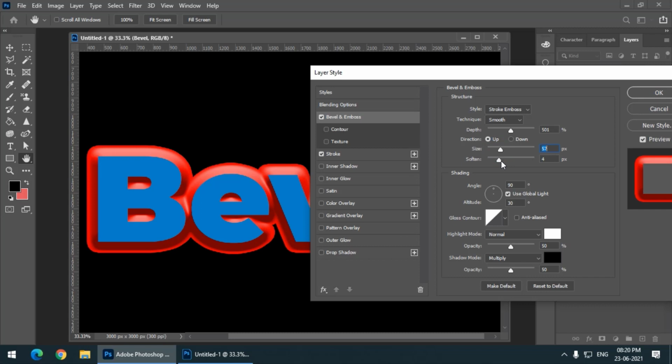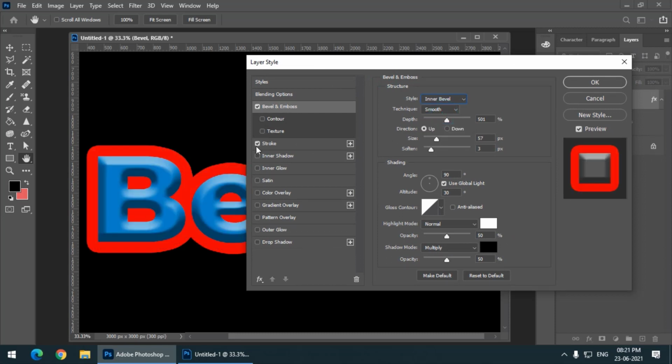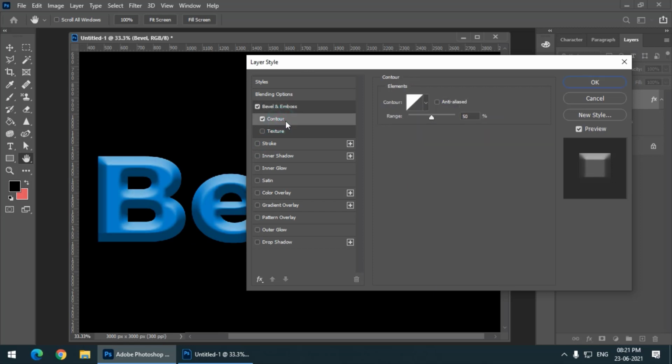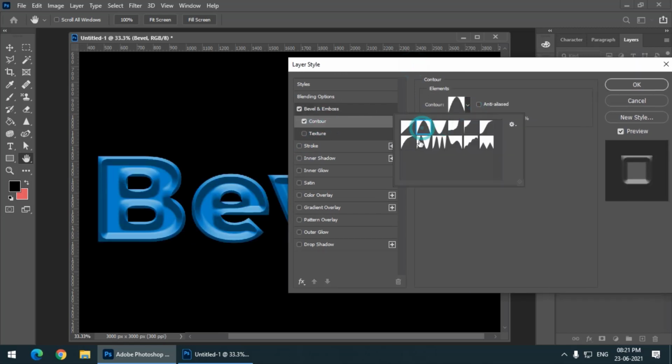You can again change the values and try to find the design value that you are looking for. We also have some interesting options here. I will again select bevel and emboss and turn off the stroke option. In the contour option, we have some ready-made presets, so you can always try to use these presets.